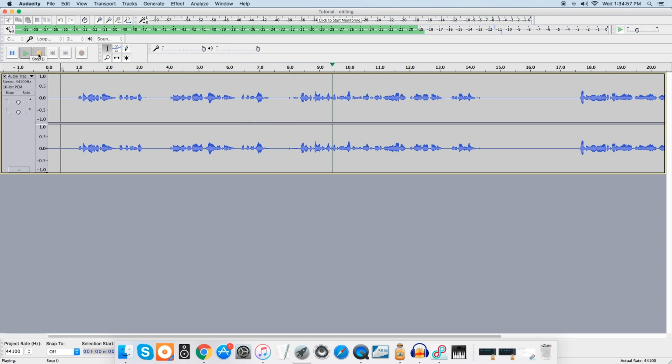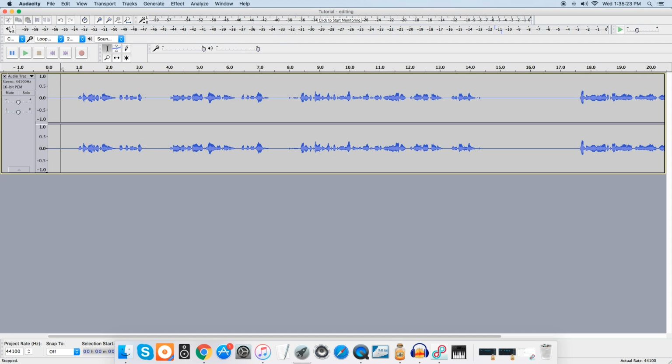So it doesn't sound all that different, but depending on your recording setup, how much noise is in the room, this can be a really, really helpful thing. If you ever find that you've done too much noise reduction and it starts sounding spacey or echoey or just kind of funky, spacey is usually what it sounds like, or it just sounds dead,